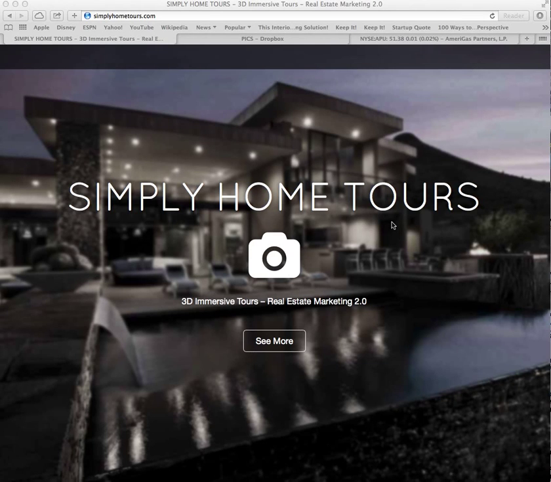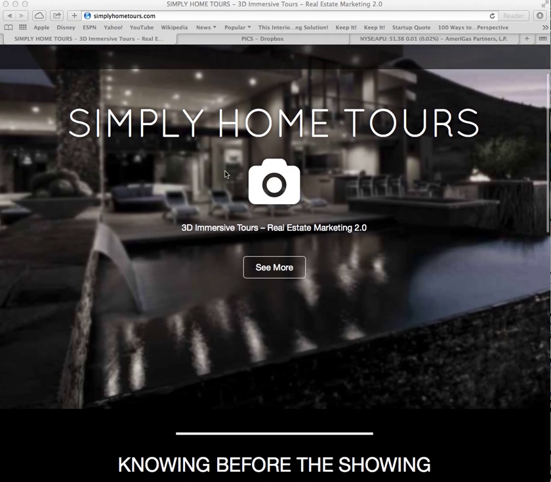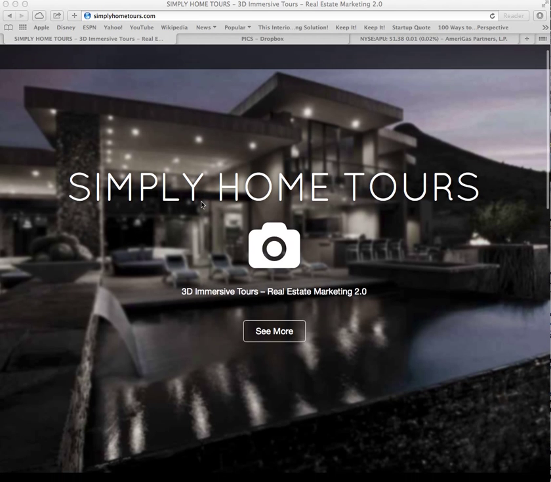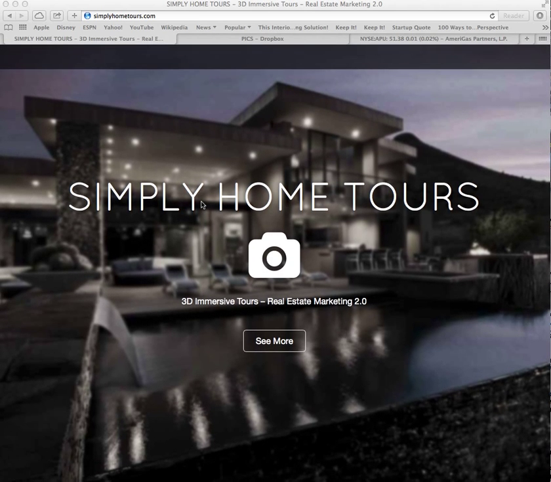Okay, everybody, I've got some requests for what to actually do with these Matterport links, especially the embed stuff when you get it. Now, honestly, when you link just to the link in the MLS, it's just going to open that one Matterport window in its own window, and it's not really going to help you that much, I don't think. So I created this site for you guys, simplyhometours.com, where if you want to get something a little better, and I'll show you what that is at the end,